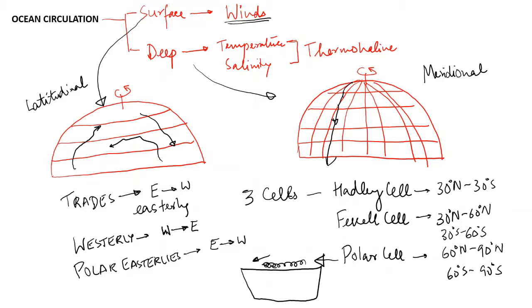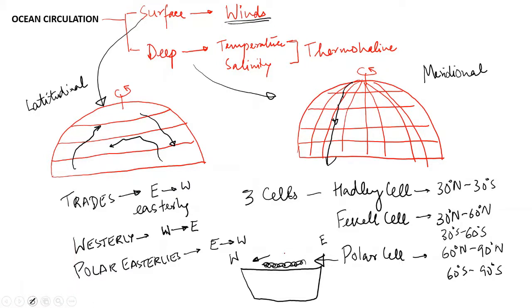It is very obvious, very common. So if the wind is coming from east and going towards west, the ocean current will also follow the same path. But then, just in order to give it a separate name,